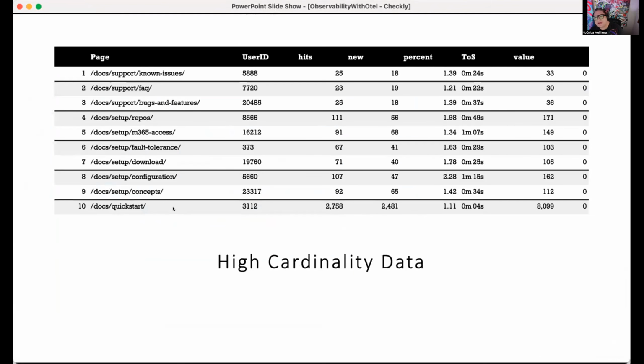So let's talk a little bit about data cardinality and one of the concerns that we should have when we're just sending data without any kind of processing within. So let's look at this high cardinality data. In this case, we have data about response times. We have some analytics data that we're sending on this table: a number of hits, how many are new, the time on site, a particular value that we're sending for these metrics. This is a complex object that we're sending for each of these requests. Now we have this label on this object, this key value pair of page, and then a particular page, and this